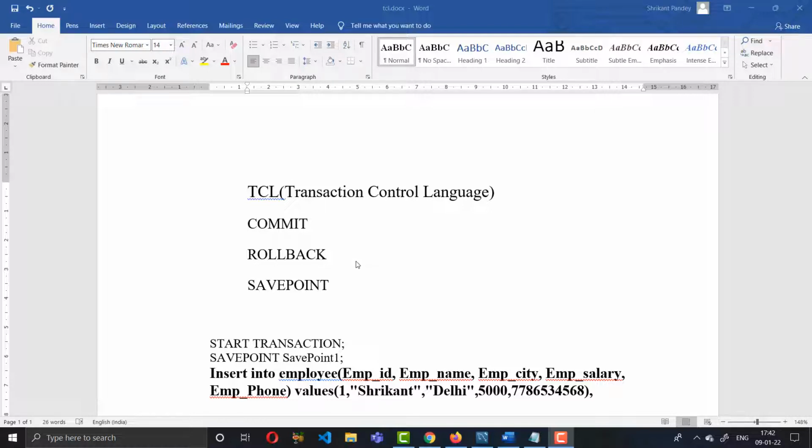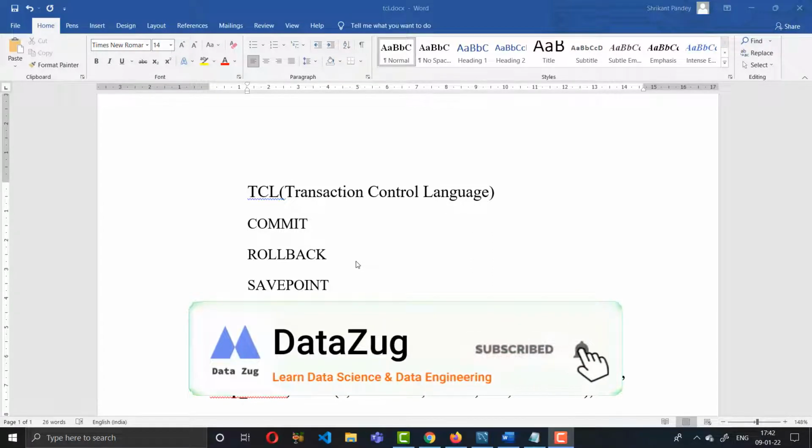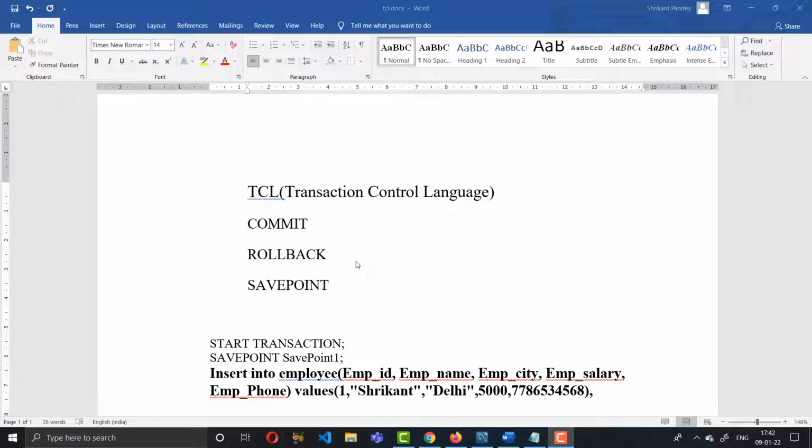The use of rollback is that you want to undo some operation on your table. Suppose you have inserted 10 rows and you don't want 2 of those rows, you want to undo the operation. Suppose you use MS Office or MS Word, you have heard about undo and redo. Suppose you inserted some word and want to undo it. For that purpose, SQL has the command rollback. So to undo operations on the tables, we use rollback.